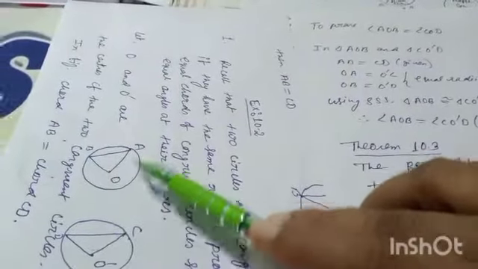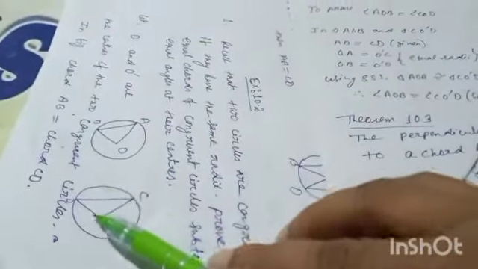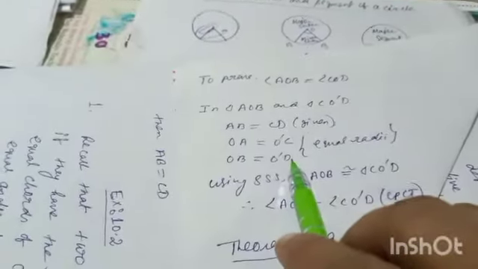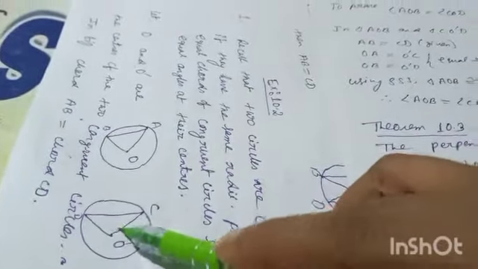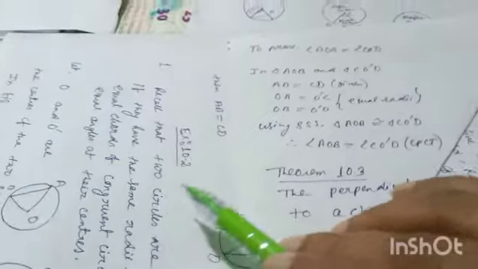First of all, you write AB is equal to CD, given as equal chords. And also OA is equal to O dash C. Why? Because the circles are congruent, so their radii are equal. Similarly, OB is equal to O dash D. So now using SSS, these triangles are congruent. If the triangles are congruent, then these angles are also equal by CPCT. So the question is verified. That means in congruent circles, if their chords are equal, they subtend equal angles at the centers. Clear?